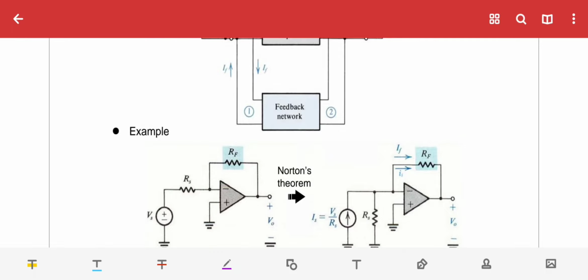Next class we will see all the 4 topology structures: series, shunt, series shunt and shunt series topologies, and we will see the gain of the amplifier, equivalent circuit, input resistance and output